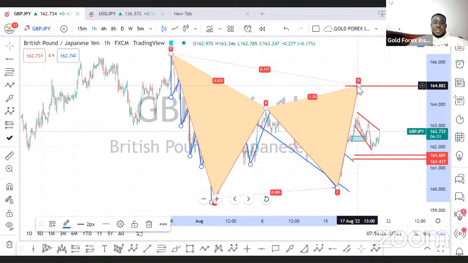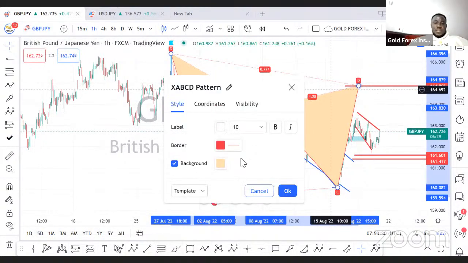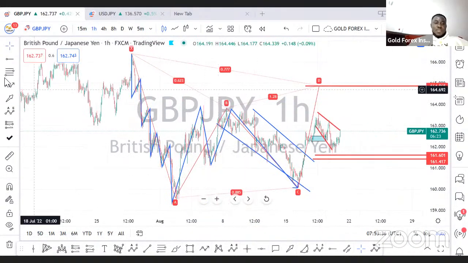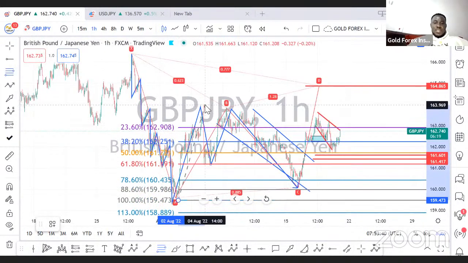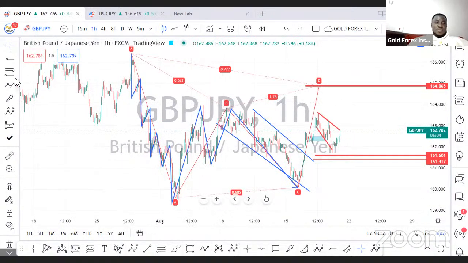Now, let me blow your mind with something. So even there was a smaller harmonic pattern in the bigger harmonic pattern. Those who have done STR know that. So this is 61. We are expecting it to hit 78.6, which will form a Gartley, and that is exactly where we had our C breakout. So even within that, there was another harmonic pattern that formed within.